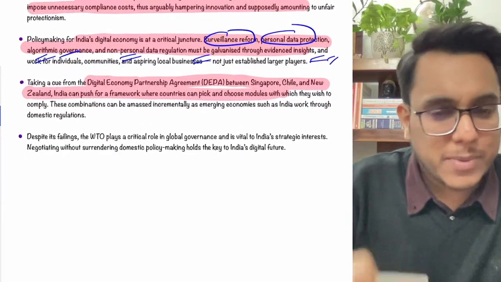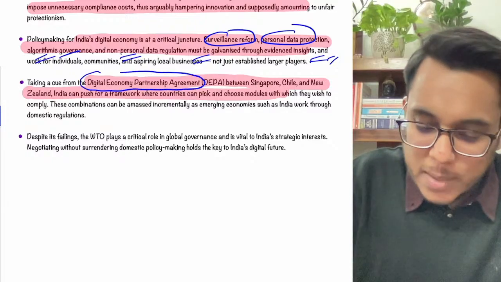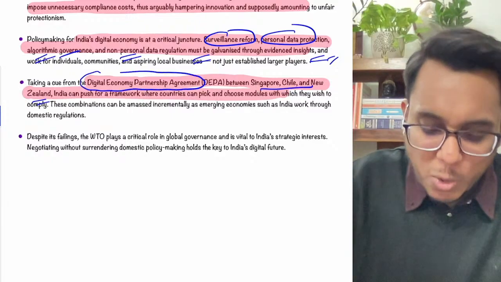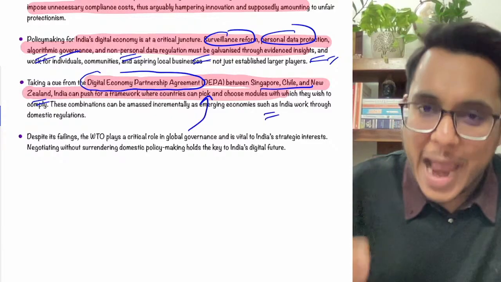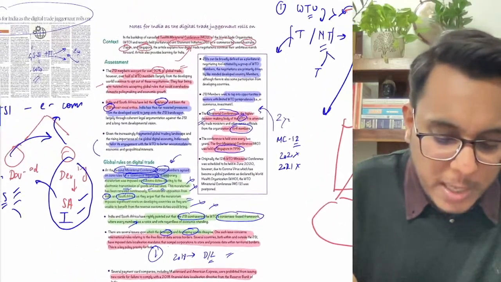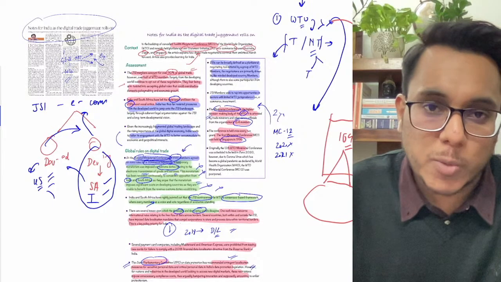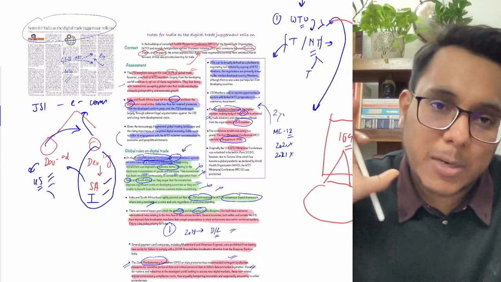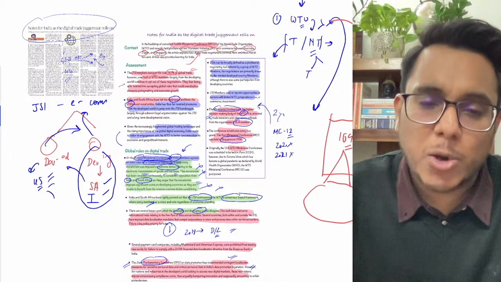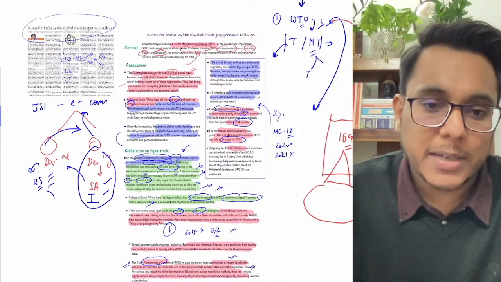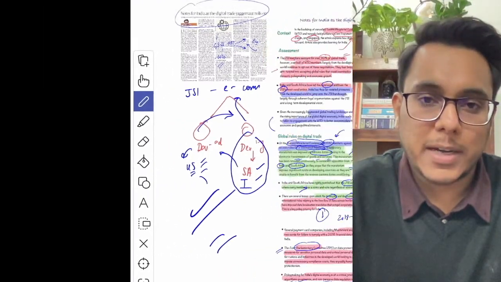Now guys, there was one very good reference given: the Digital Economy Partnership Agreement between Singapore, Chile, and New Zealand. In this DEPA agreement, it has been provided that a rule-based order needs to be there, and learning from this we can ask that in the WTO also there needs to be a rule-based order and free flow of information, and such principles are to be respected in all WTO negotiations, even in the JSI negotiation on e-commerce that is happening. The developing countries' concerns need to be kept in mind. So this is something that has been provided in this particular article.